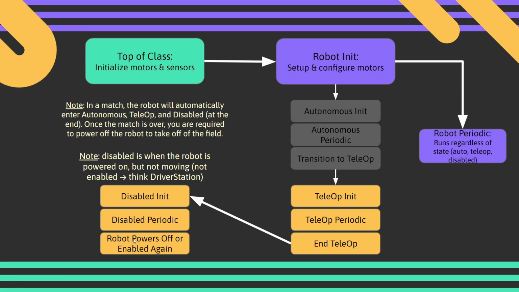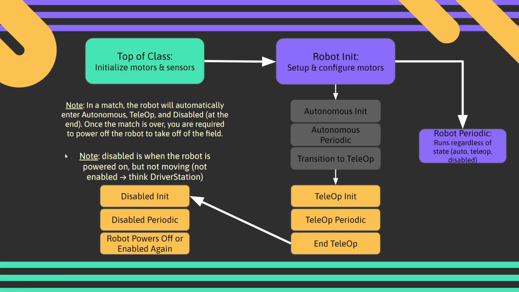Now, depending on whether or not you're using the robot through driver station, or the robot's driver station is communicating with the robot via a match, the robot will either power off because the match is over, because when the match ends, you have to go and power off your robot, or the robot will enable again. And if the robot is enabled again, then it's going to go back to whatever state you want it to go in, whether that's autonomous or teleop. Robot init only runs once. That's when the robot starts up. So, like I said,